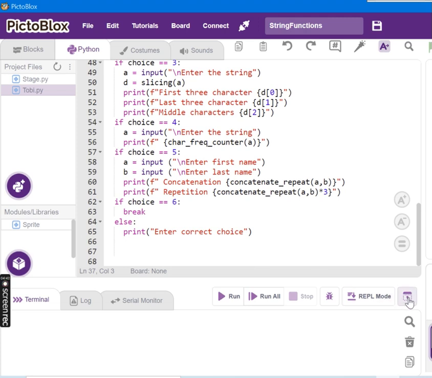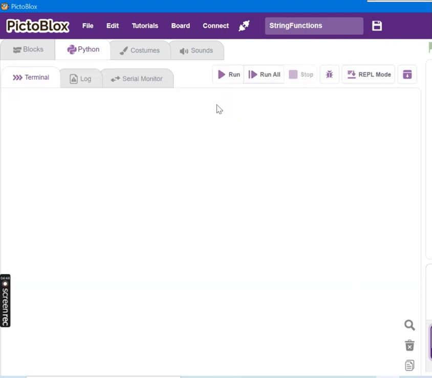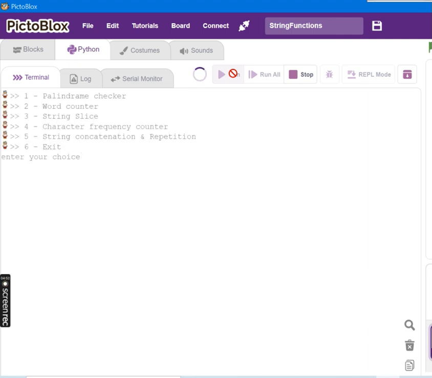So let us run this program and find out how it works. First the menu appears with the 6 choices. I have to enter which one I want. Let us say I'll enter 1. It says enter the string. So I'll enter A, B, C, D,